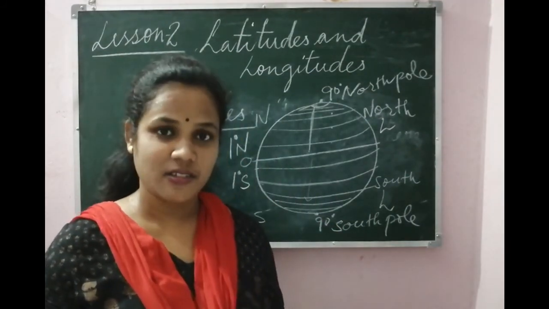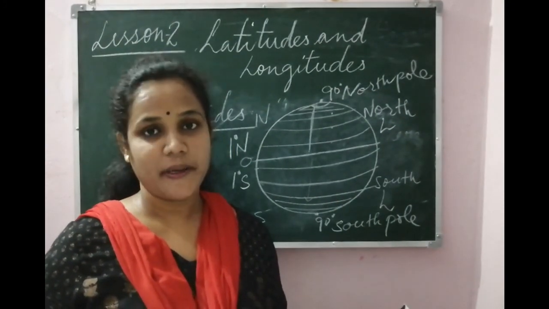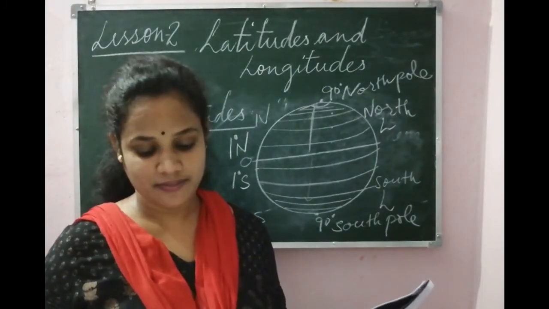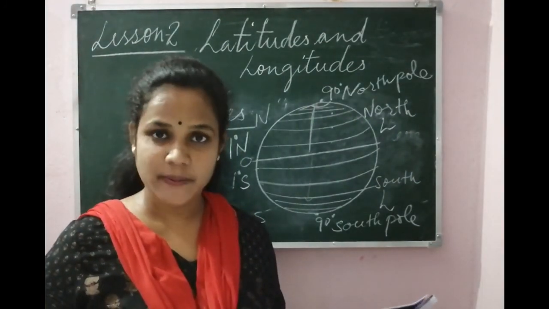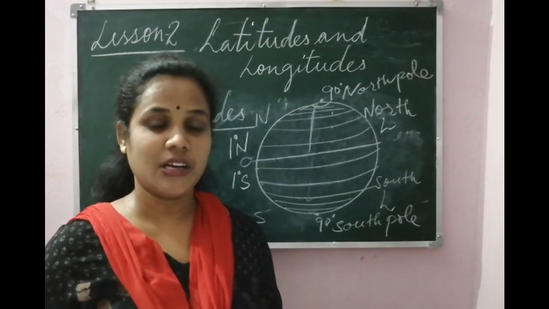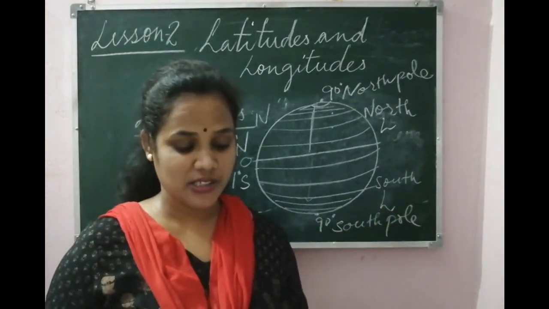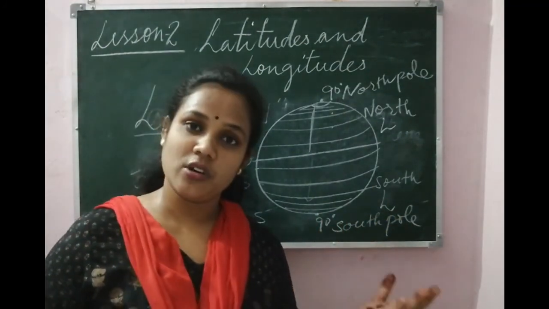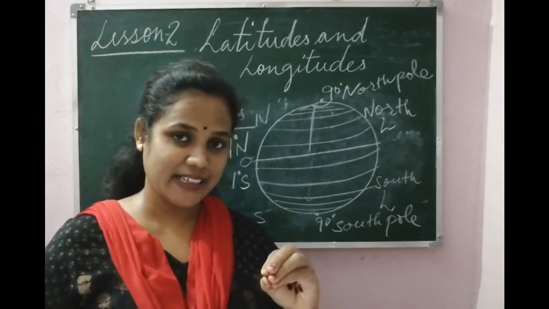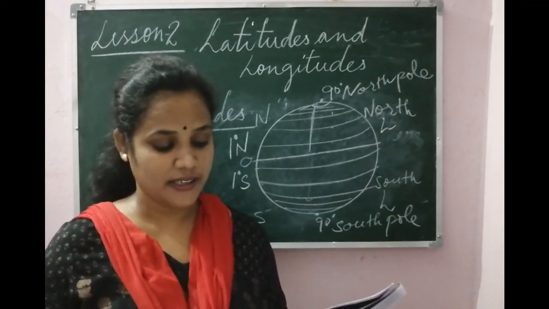You revise what is a 3-dimensional model of the earth, globe. Okay, what is axis. Then learn what is grid, what is equator, dividing the earth into 2 equal parts. What is latitude? How many latitudes are there in the northern hemisphere? How many in the southern hemisphere? What is north pole? What is south pole? South pole is your 90 degree south latitude. North pole is your 90 degree north latitude.